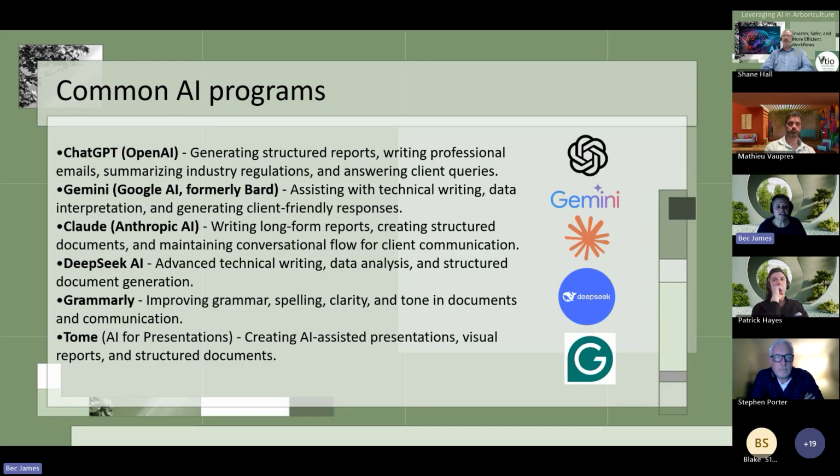I really enjoy using Grammarly because it can help you set the tone of an email or a text, because often when we are writing an email to a client at the end of the day, we might be a little bit short, or we might be prone to some spelling mistakes or grammatical errors, and Grammarly will pick that up. And for those people that have to do presentations like I am this evening, Tome is a really good AI application for generating presentations and images to go for those prezzies.